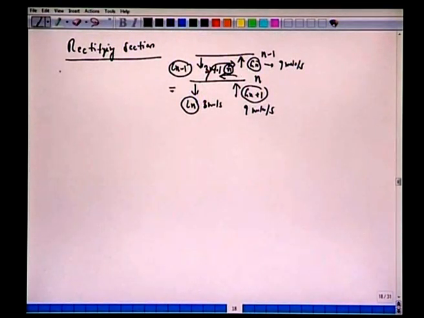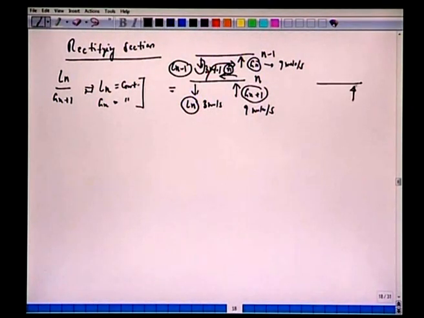So what we had so far was the ratio Ln over G(n+1). Then we made a material balance to convince ourselves that the Ln's are constant and the Gn's are constant. So physically, what's happening? If you have 9 or 10 moles per second of vapor arriving at this plate, it comes in contact with this liquid. So we look at this plate: vapor comes here and liquid comes here. We have the pool of liquid. When the two streams come in contact, the vapor will condense and the liquid will vaporize.